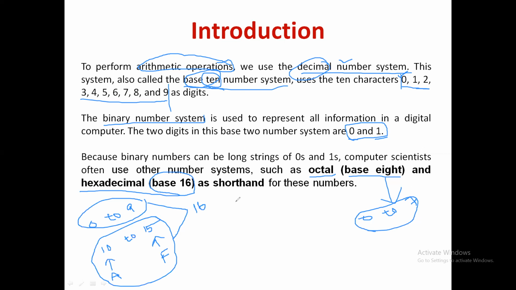So these are the 4 number systems available. One is the decimal number system, 2 is the binary number system, 3 is the octal number system, and 4 is the hexadecimal number system. Now we will focus on how numbers are represented in each of these number systems and how one number system is converted into another, with the help of examples today.